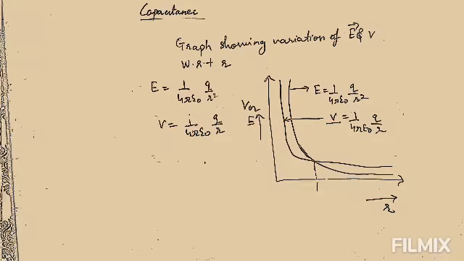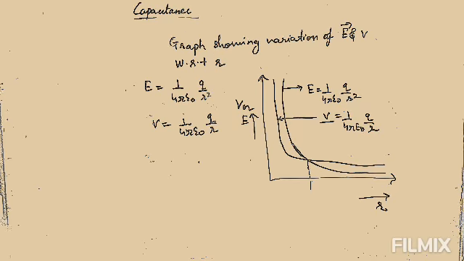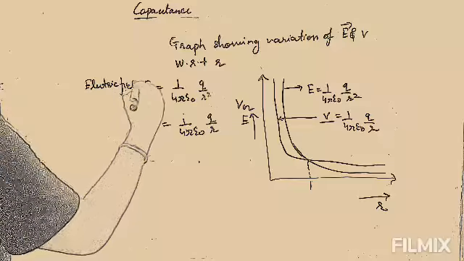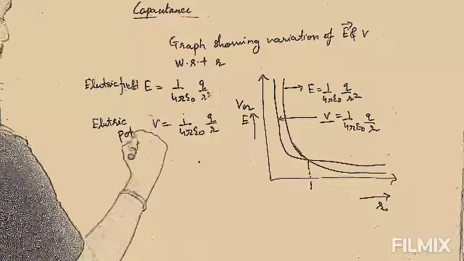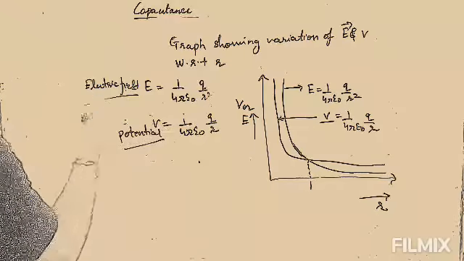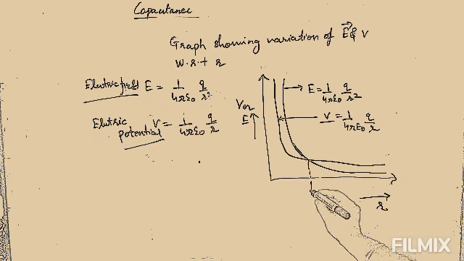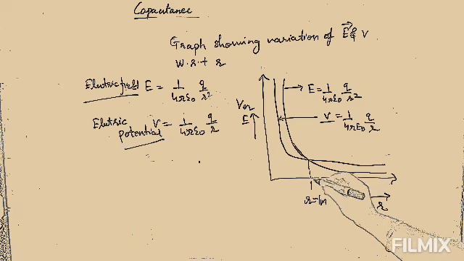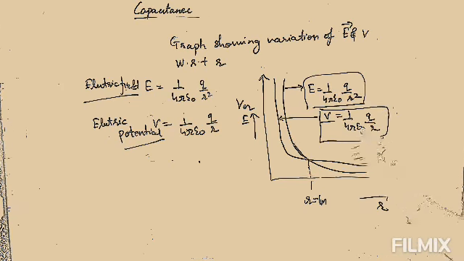Now next is the graph of variation, which will let us know the variation of electric field and electric potential. It is electric field, and it is electric potential, the last topic we have just done. This graph shows the variation of electric field and the potential with respect to the distance. Now you kindly see over here, up to the distance of 1 meter, if r value is over here as 1 meter, the variation of potential and electric field is both similar.